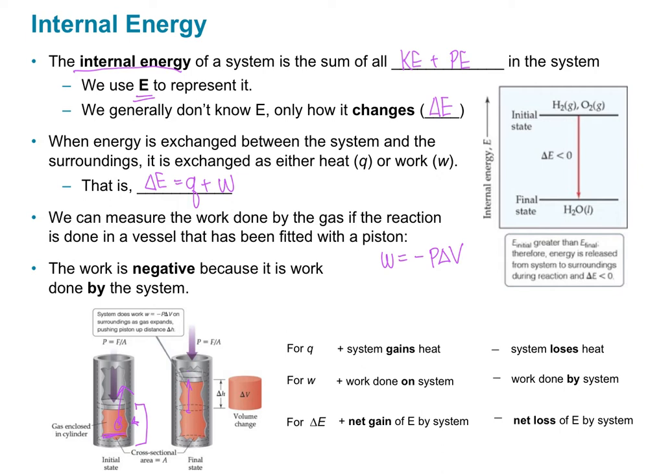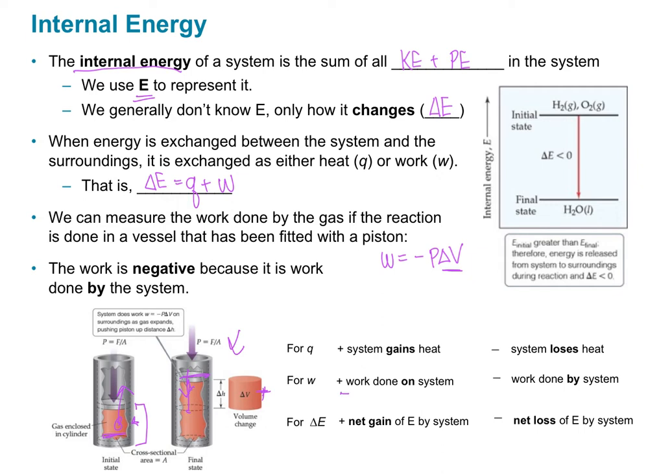If it goes the other way and pushes down and closes it, then the piston, or the surroundings in that case, are doing work on my system. So that's that nomenclature and the language we use around work. But we want to think about it also numerically. So if my volume is increasing, like it is in our example, then my change in volume is positive. So I'm going to have a positive value for change in volume times that negative out front, so my work would be negative.